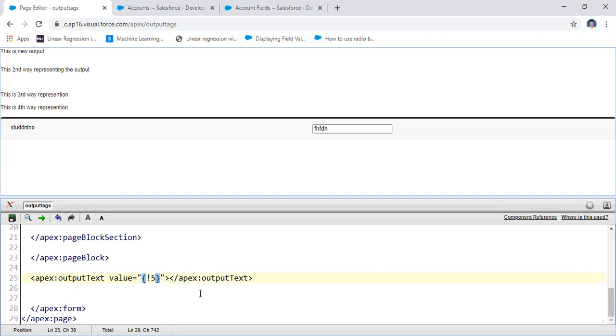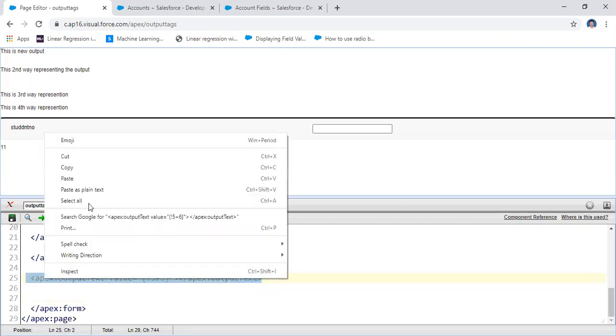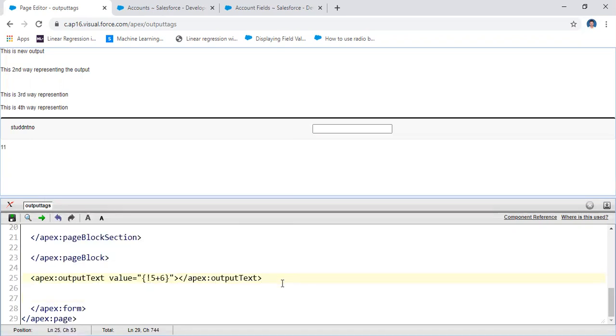Here you may use any binding information. 5 plus 6, let us assume 5 plus 6. It will display the result as 11. That means in this way you may apply the binding information here. You will get the result from 5 plus 6.